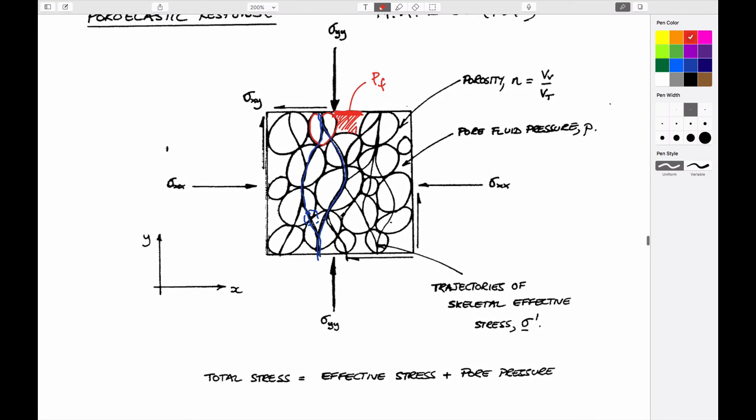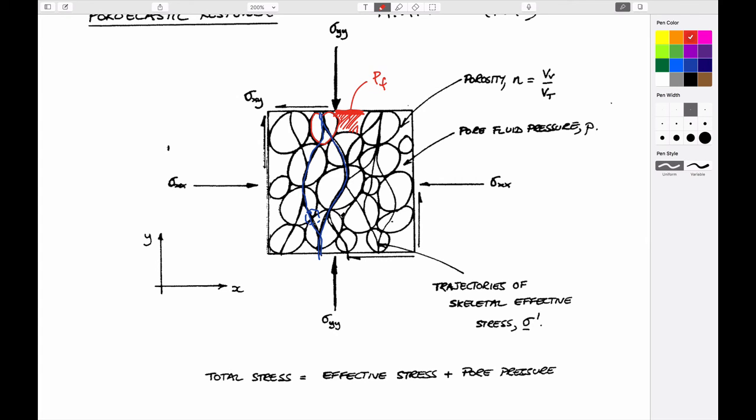And so that is embodied in this idea of what's referred to as Terzaghi effective stress. And the terminology we use is that the total stress is equal to the effective stress plus the pore fluid pressure, just written out. And so the stresses, of course, are a tensorial quantity. And so they're not single valued, but they're actually a matrix. And so if we wrote these out, it would be something like this. Pressures are scalar values. M would be just a vector of coefficients, ones and zeros,